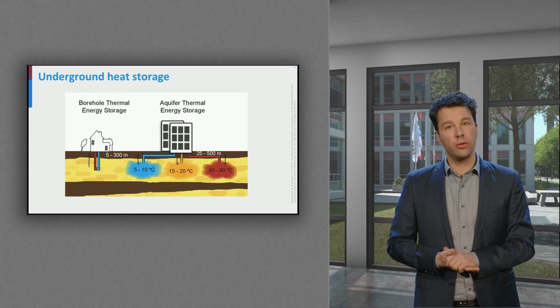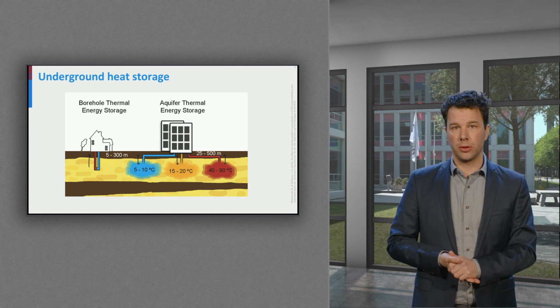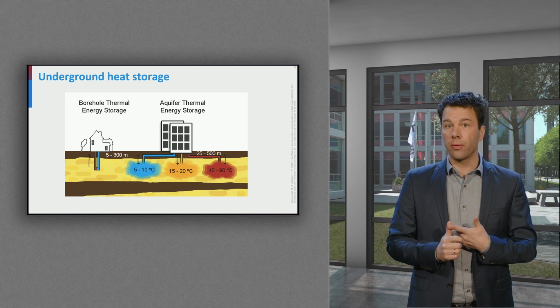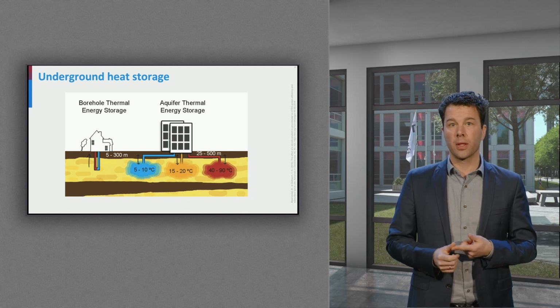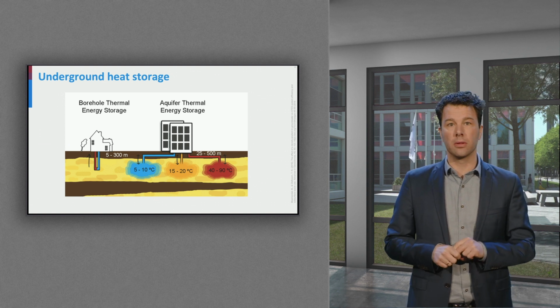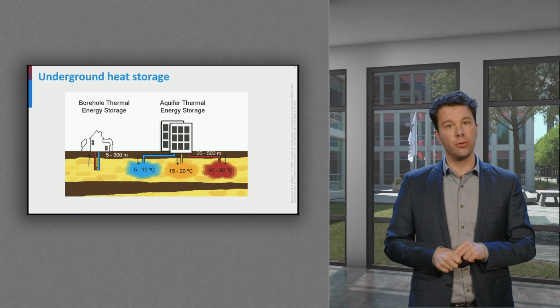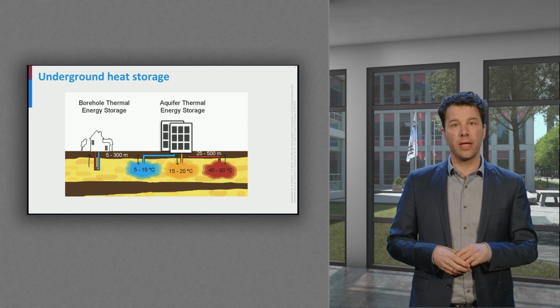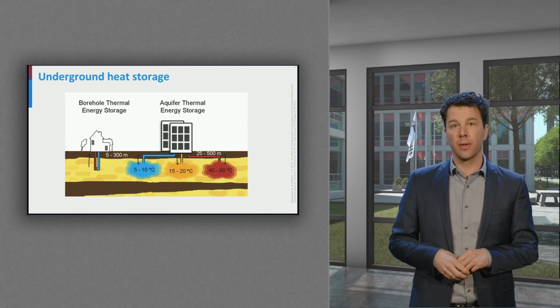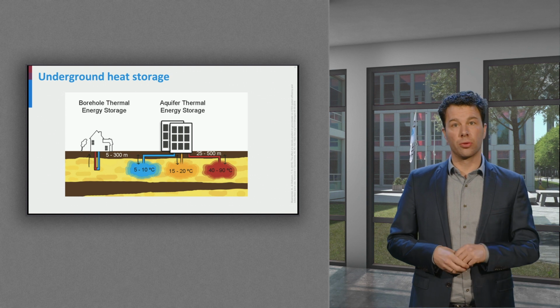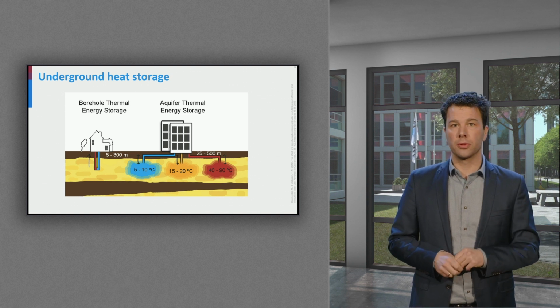Now, let's move on to the shallow subsurface heat storage options. We distinguish between the borehole heat exchangers and aquifer thermal energy storage systems. In the second week of this MOOC, the borehole heat exchanger system was presented to you to extract heat from the underground. But these systems can also be used for storage of heat. In summer, the house can be cooled and thereby storing heat in the underground. Instead of cooling the house, heat can also be stored from additional sources, like for example solar collectors.